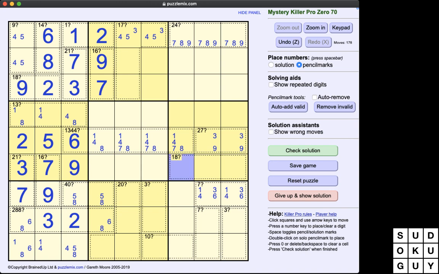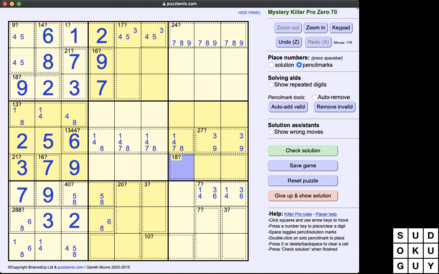Okay, so this 18 here, we can't multiply to 18, because there's not enough factors of 3 left in this row. We already have a 3 and a 9. The only factor of 3 left is a 6, and we need 2 factors of 3. So this has to add to 18. Still a lot of options, but